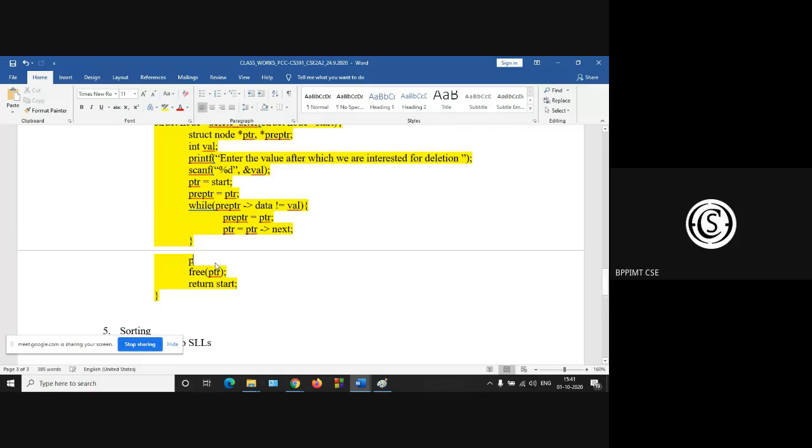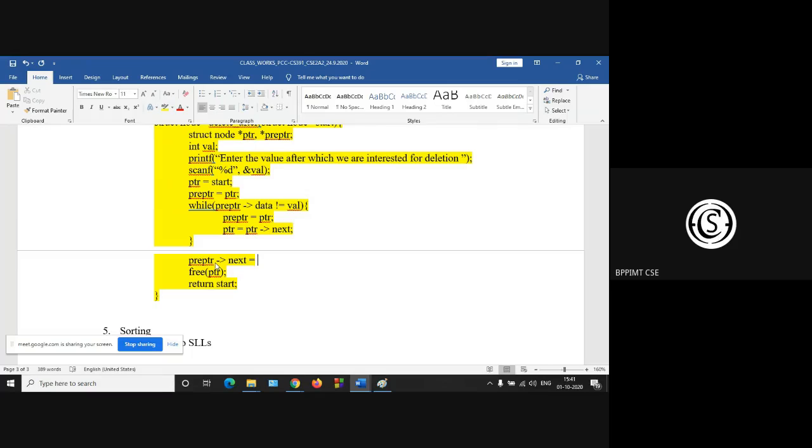So PPTR arrow next, the second position of 2, is now connected to the 4.